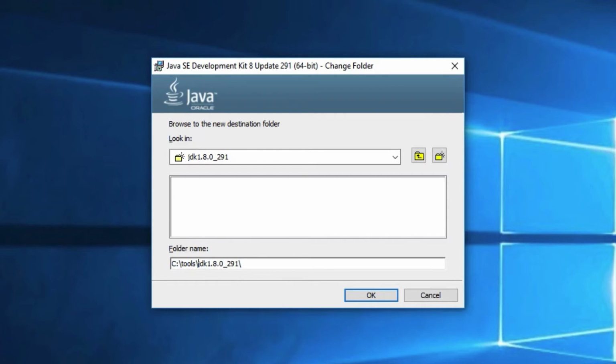So basically on my C drive there'll be a folder called tools, and inside there is usually where I install all of the different software development tools that I'm using, and the JDK is one of those. So I might have, for example, the JDK, I'll probably have Eclipse or IntelliJ IDEA as IDEs. I might have other command line tools I use as well, and that kind of thing. So it's just nice because it keeps all of the development specific stuff stored in one single